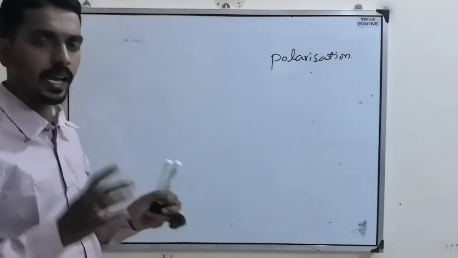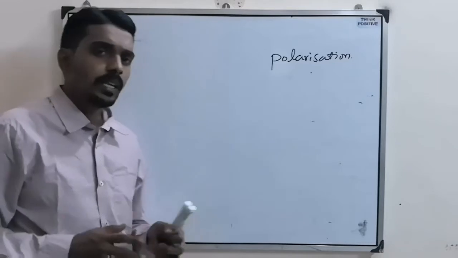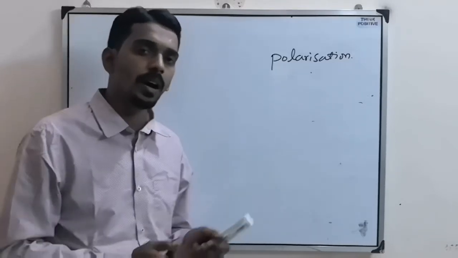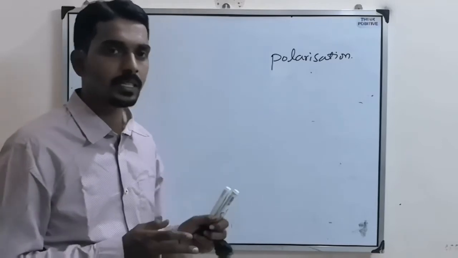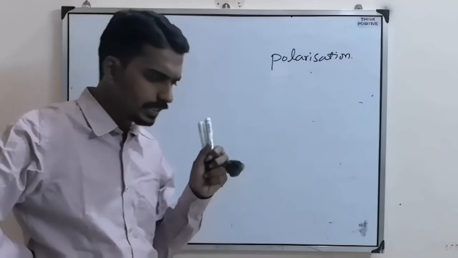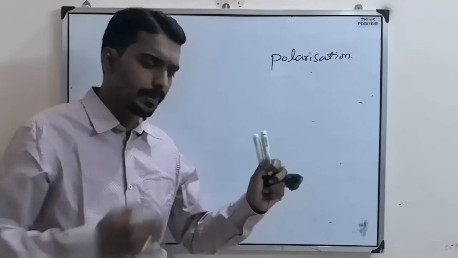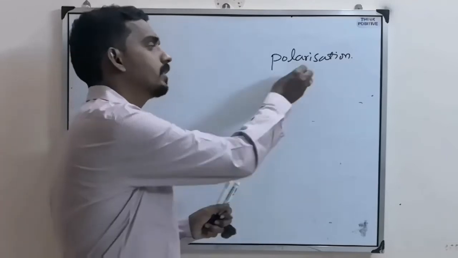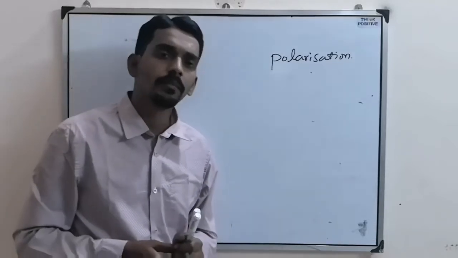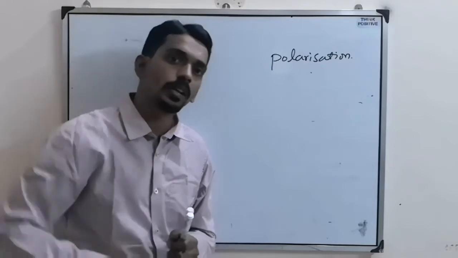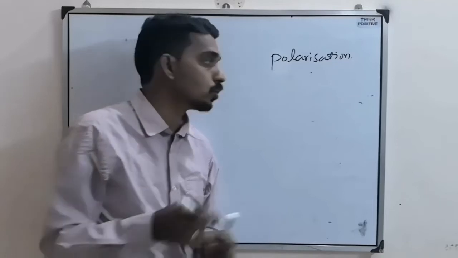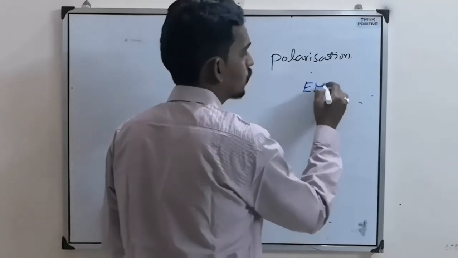See, when you consider light, we said till now, or Huygens said, that light travels in the form of waves. Based on that, they couldn't explain this phenomenon shown by light. Then what did they do? Then Maxwell came and he gave one more nature. He said not just a wave, light is an electromagnetic wave.